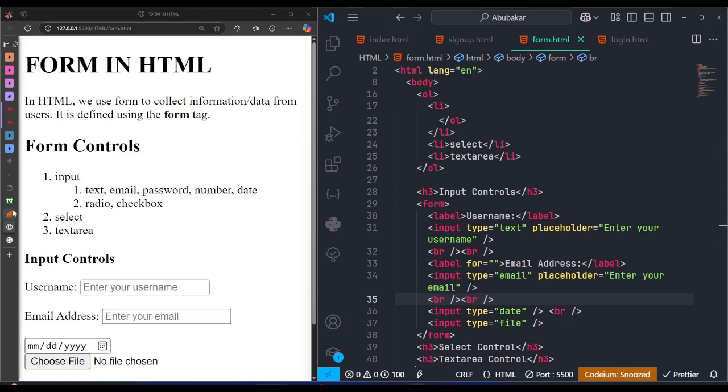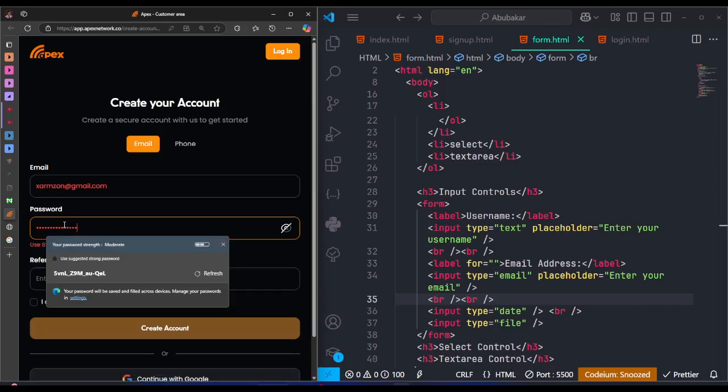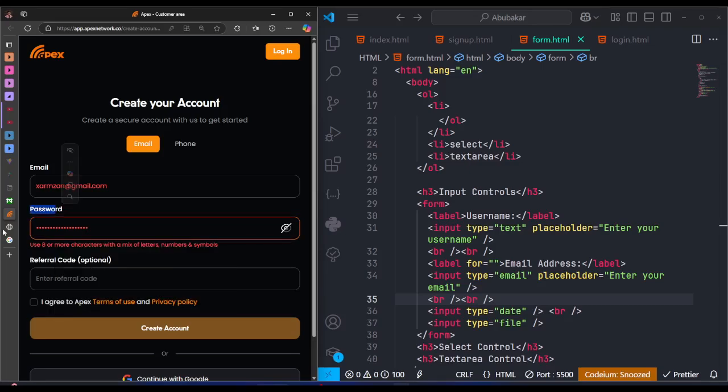But how do we create this type of input too? So look at this box. As I'm typing, whatever I'm typing is not showing. This is what we call input type of password. So when you want to generate this type of input, you are going to